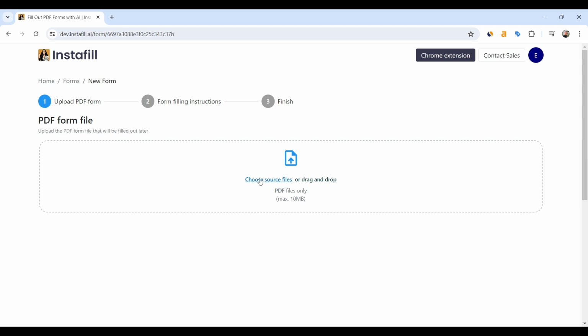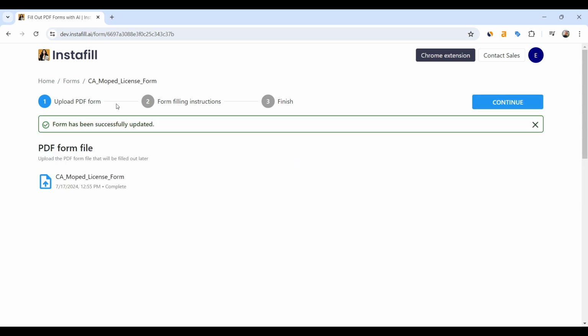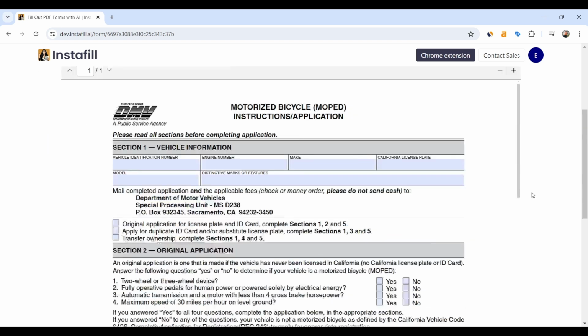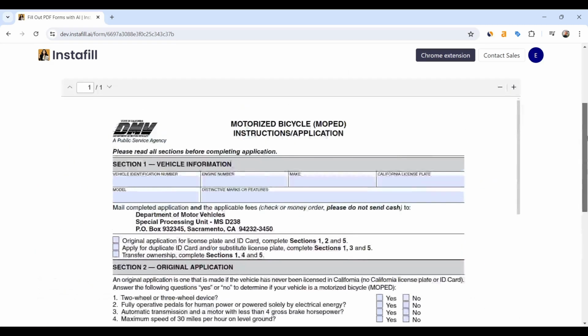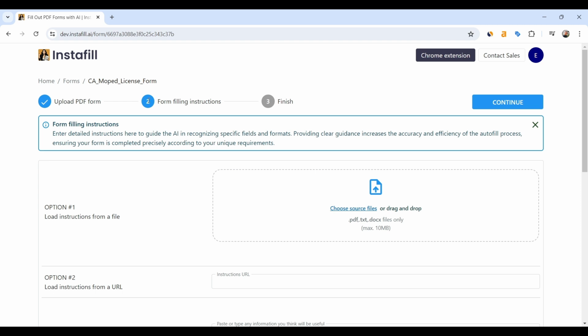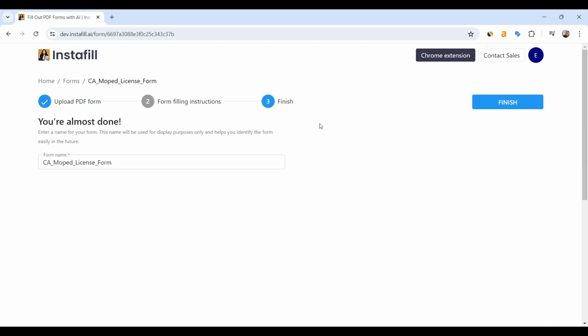And on the next screen, we are required to choose the form. And once we upload it successfully, we can review it and continue to the next step. This step is optional, so we can skip it for now and continue to the finish screen where we are required to get the form name, so we can leave it as it is